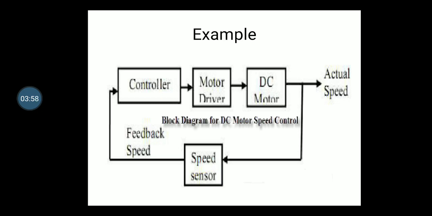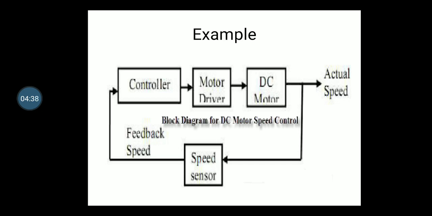So controller will see that new command is 1200 rpm, but my actual speed is 1000 rpm. So what do I have to do? I have to give 200 rpm speed more. So for that purpose I have to increase the voltage, right? So what will happen here? That signal will go to the driver, right? What signal will come? That we have to increase the speed. Okay, so motor driver will take the signal from the controller that we have to increase the speed, and that signal will go to the DC motor, and DC motor will receive the signal from the driver that now I want to increase the speed.